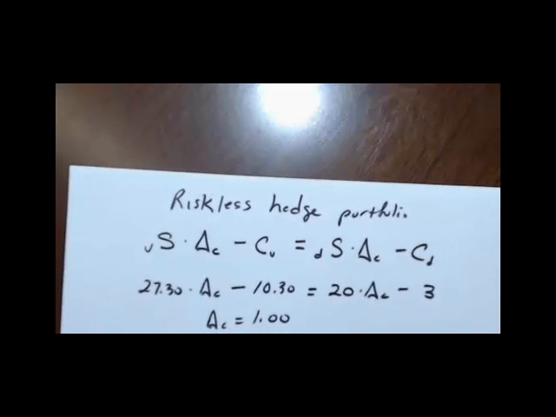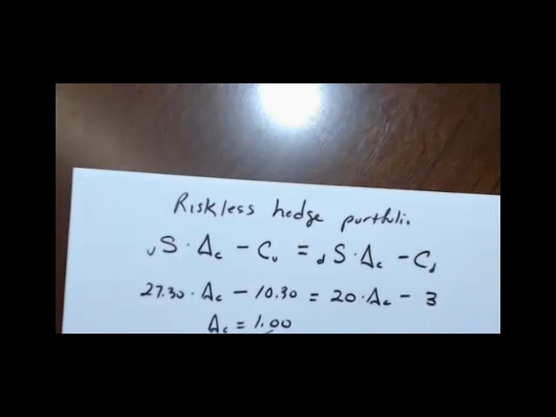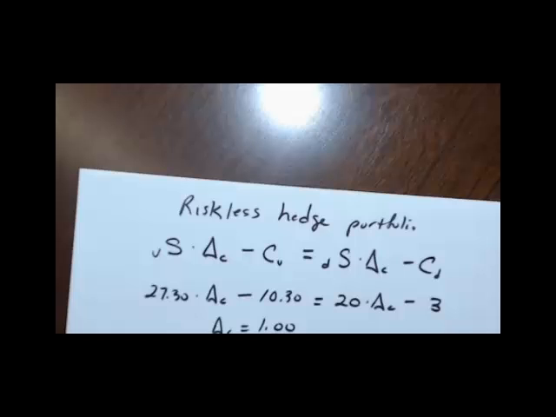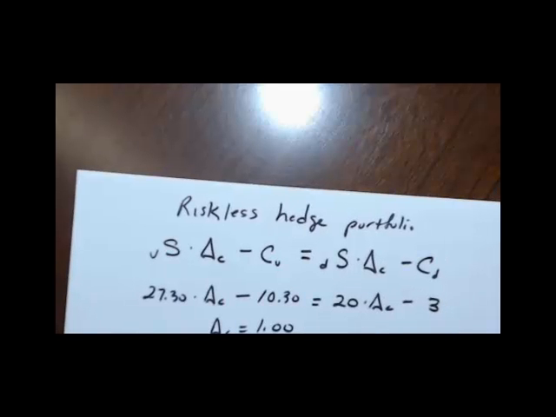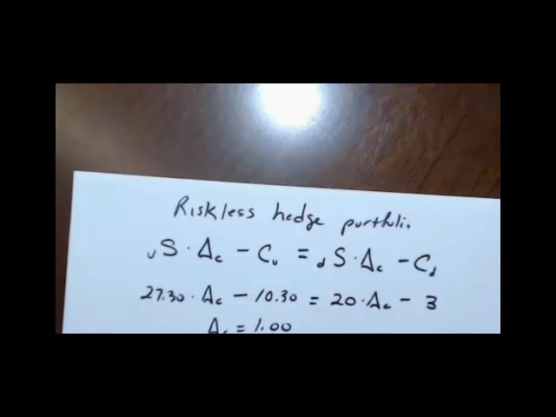Let me fill in the numbers for you. I'm going to take 23.36 times the 1.00, plugging that in right there, minus an investment in the call today. This is what we're solving for. We're solving for this C, times 1 plus R, and this will be 27.30 minus 10.30 on the up state. So if I solve this, this is 23.36 minus C0 equals